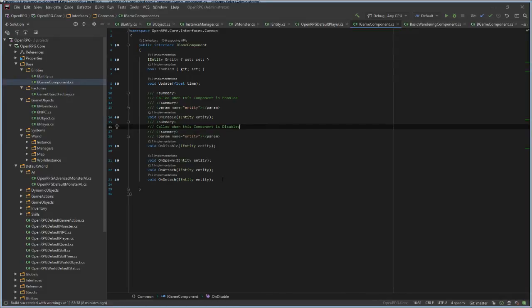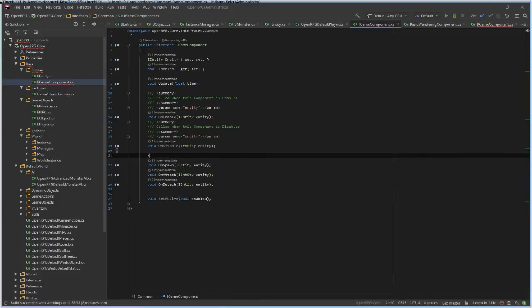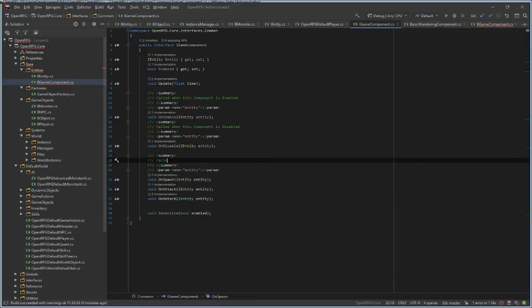Do I need to do some kind of method, set active, bool enabled? Yeah, maybe. Called when this entity is spawned into the world.